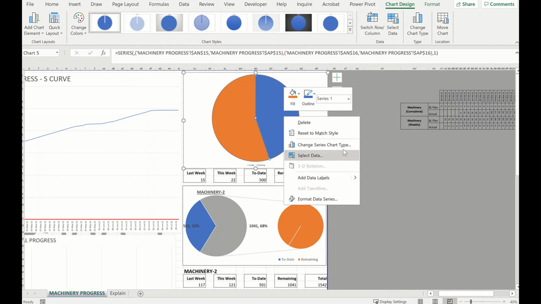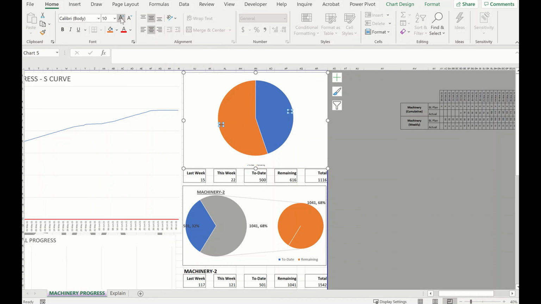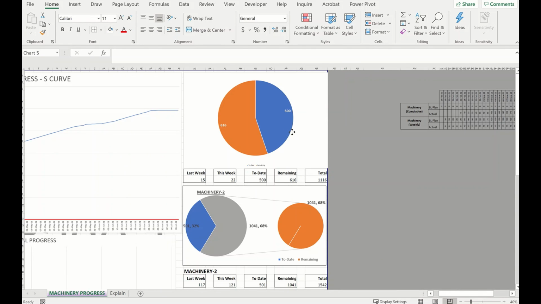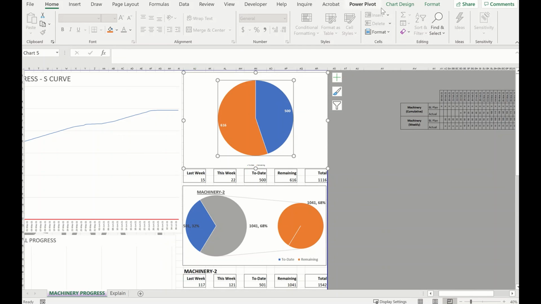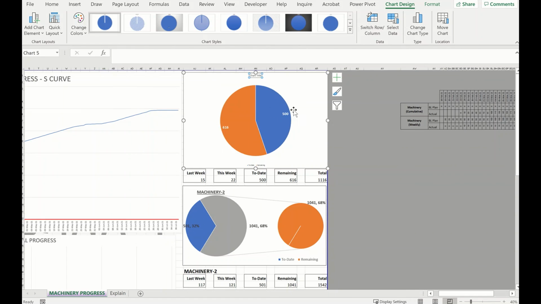So now again we click here, right click, we go to format data series, or we can add data labels. We can do a whole bunch of items. So let's add quickly data labels. Let's make them a bit bigger, and let's make it bold and make it white. And we can also go to chart design and add a chart title and call it progress